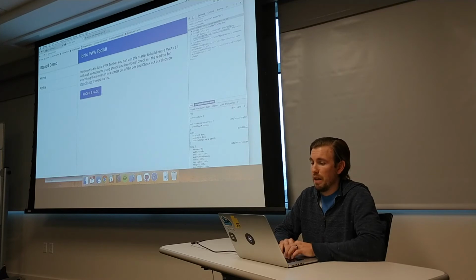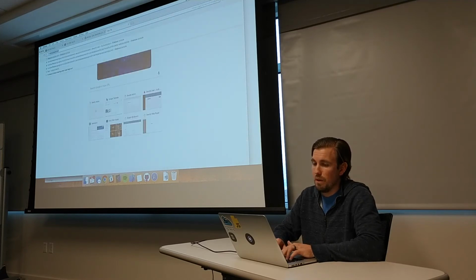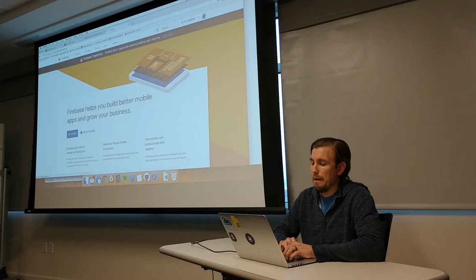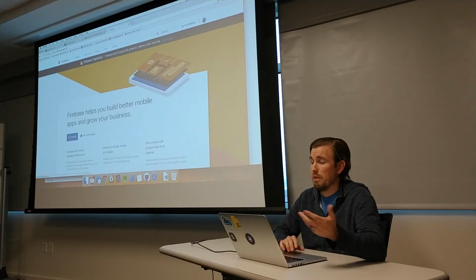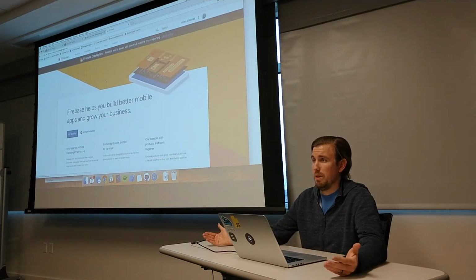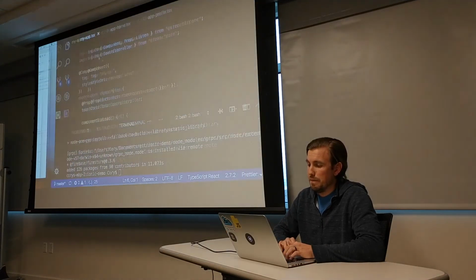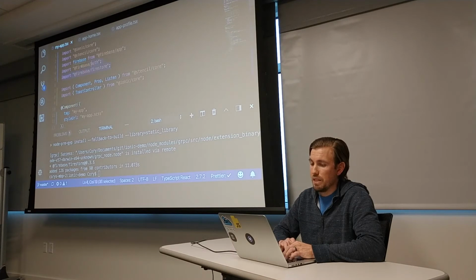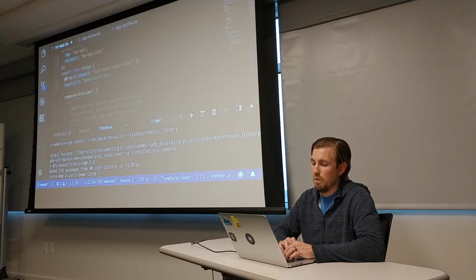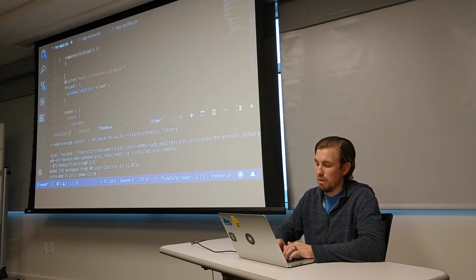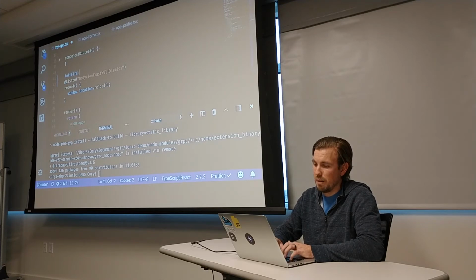But you can go to firebase.com, maybe it does go to firebase.google. But you can create an account for free, and you can do a lot of stuff for free. All the stuff I'm doing today is free. So basically, you install these dependencies. What I'm going to do is initiate our Firebase connection on load. So I'm going to init Firebase,